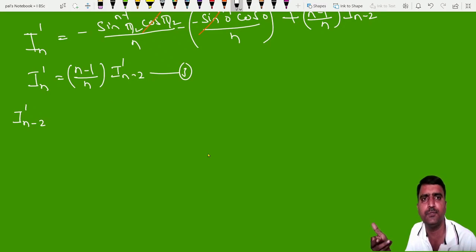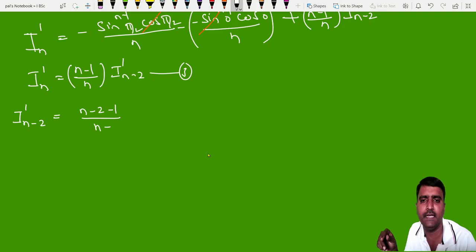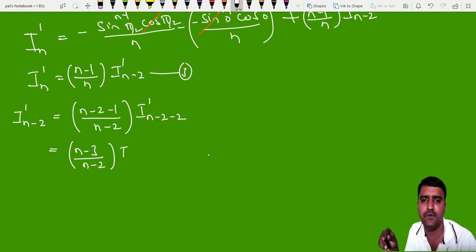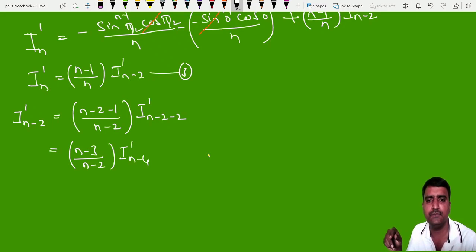You just put n is equal to n minus 2 in the above expression, which gives n minus 2 minus 1 divided by n minus 2, into I n minus 2 dash, which is equal to n minus 3 by n minus 2 into I n minus 4 dash. So using this again in 3,